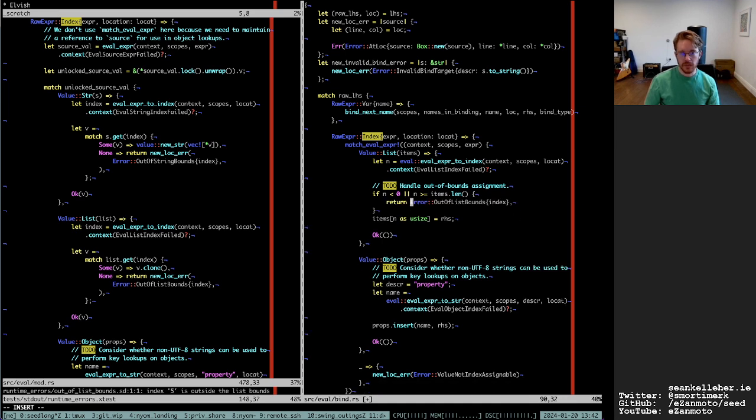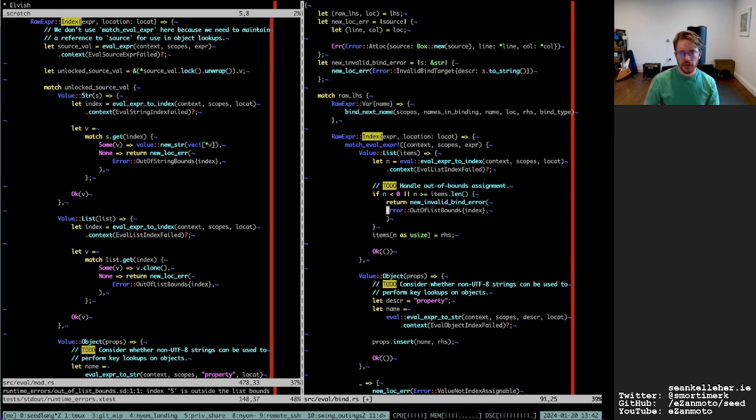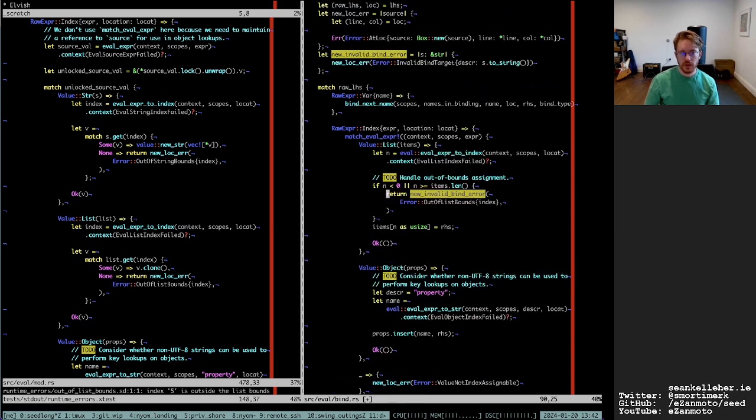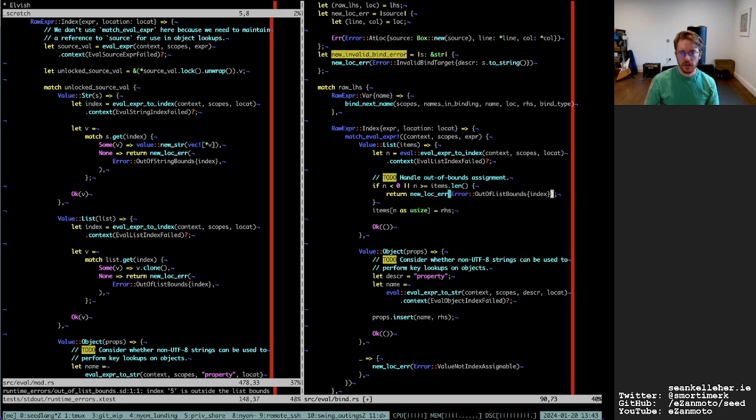And it'll be a new invalid bind error. I think, oh no, that's different, so I'll have to do a new location error. And index will be n, though I'll probably have to clone that.